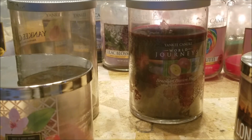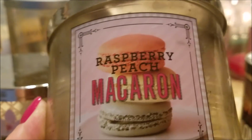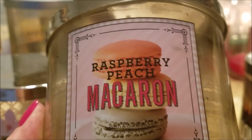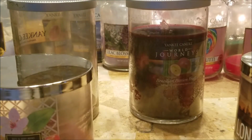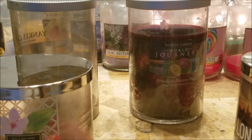Because, like I said, in June it was either in the 90s or the 60s. So I brought this one out during the 60s phase because I wanted a little bit of bakery, but nothing too heavy. Just a fruity, light, vanilla type bakery scent, which this fit the bill perfectly. It threw great, no burn issues, a little bit of a fast burner